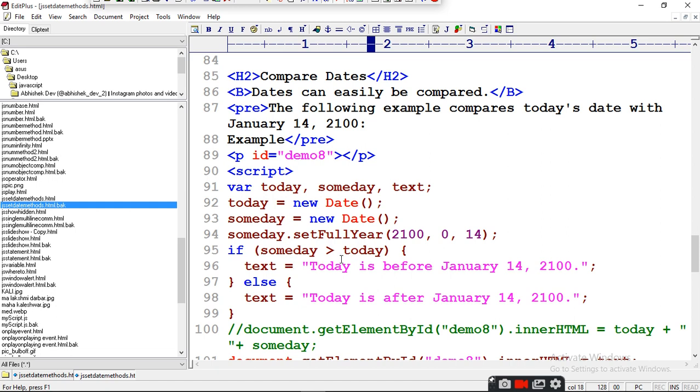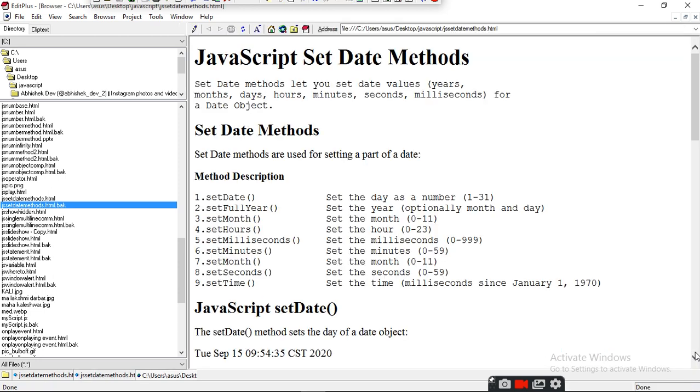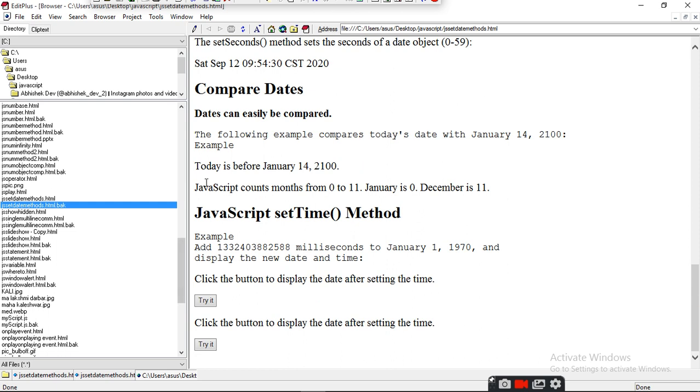So when we compare someday greater than today, it will become true, and it will give you the answer: today is before January 14, 2100. If it is 1900, then it will give you this one. Because the first condition will become true.